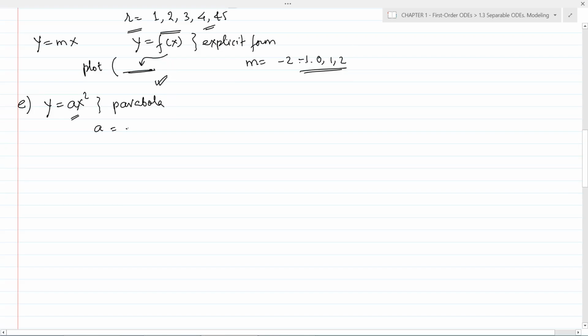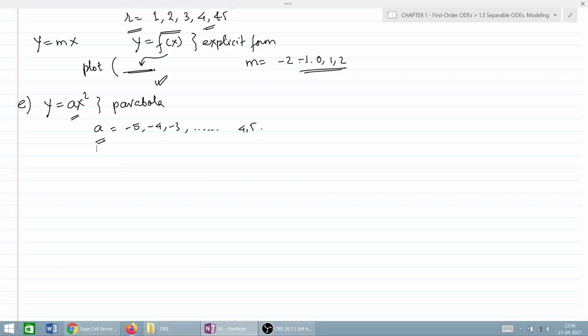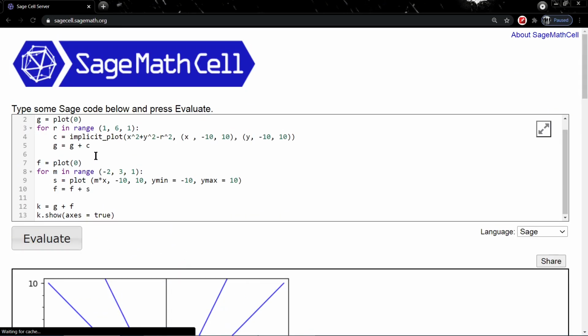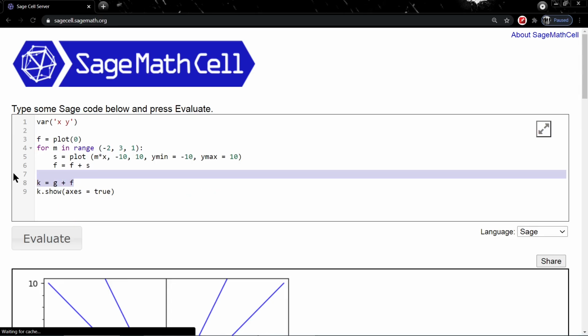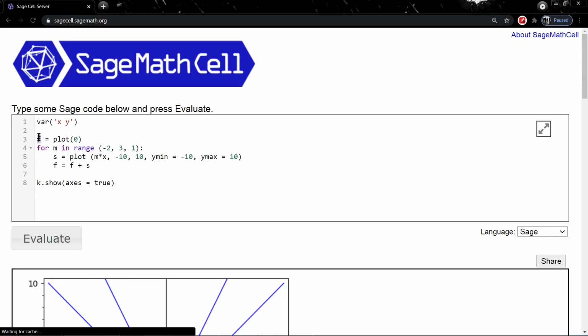We can take a values starting from -5, -4, -3 and increment by 1 till it reaches 5, and we can plot this parabola for these values of a using this similar method as we have done earlier. We already initialized a placeholder variable f. We can write a in this place, start from -5 and reach till 5. So, we will write here 6, plot a x square. So, a multiplied by x to the power 2.